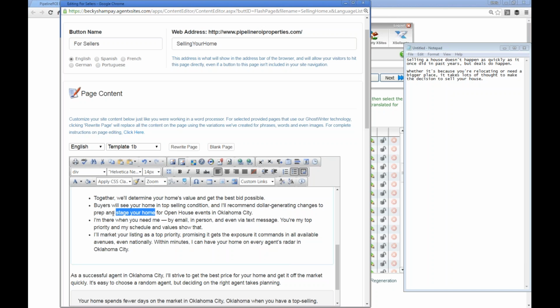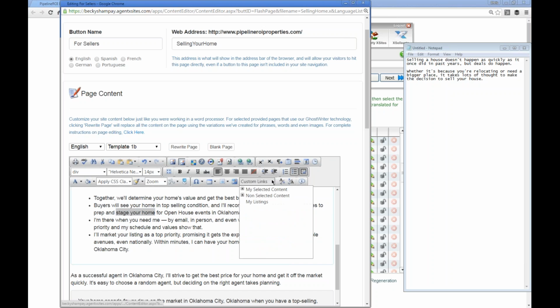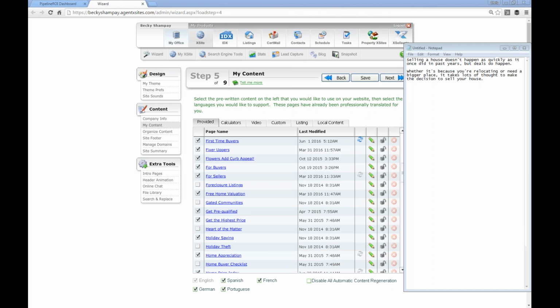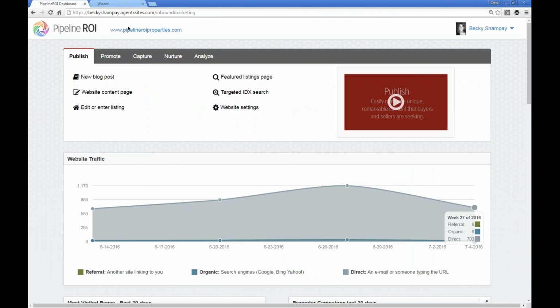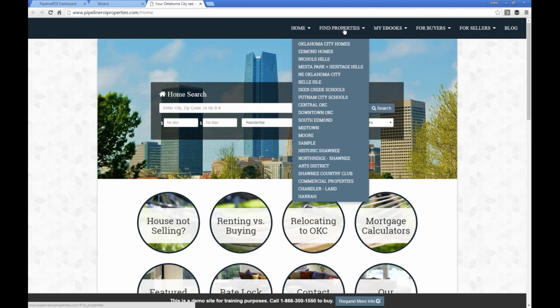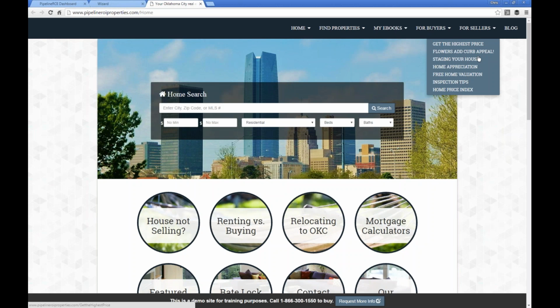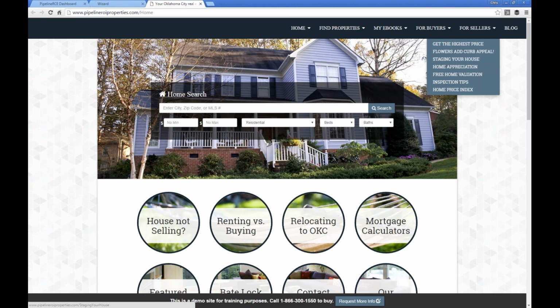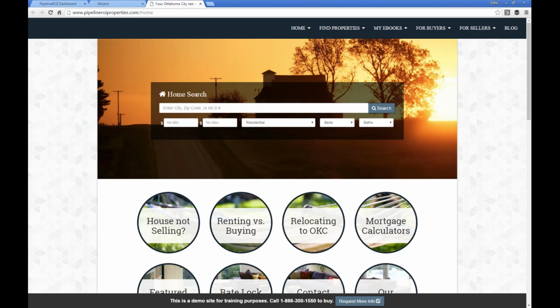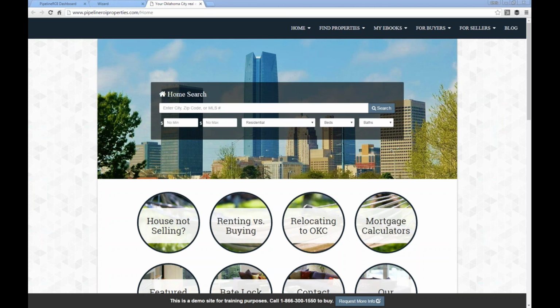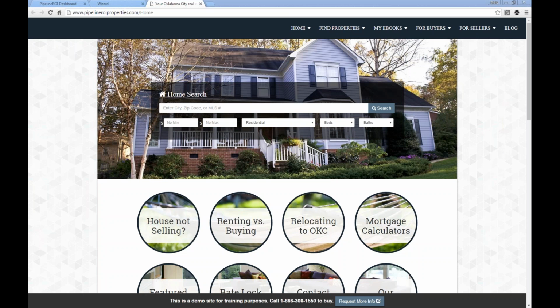To create a hyperlink, you just highlight and go to the custom links. My selected content is anything that's currently showing in your navigation. So let me show you guys what I mean by that. Anything that's selected is going to show up in my drop downs. So staging your house, since it's showing up here, I know I want to look for it here. This is listed alphabetically. So I just click on that, and now this becomes a link that will then take somebody into that page